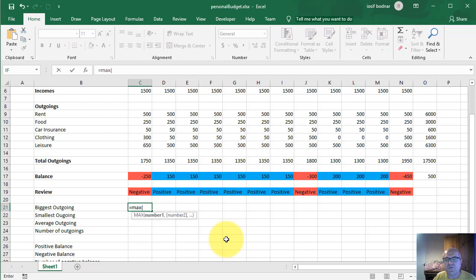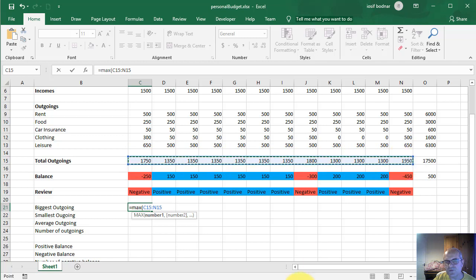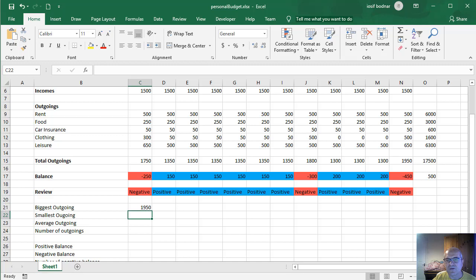So open the parentheses, and I'm going to select the range of values which I want in this formula. Close the parentheses, equal. So the biggest outgoing is